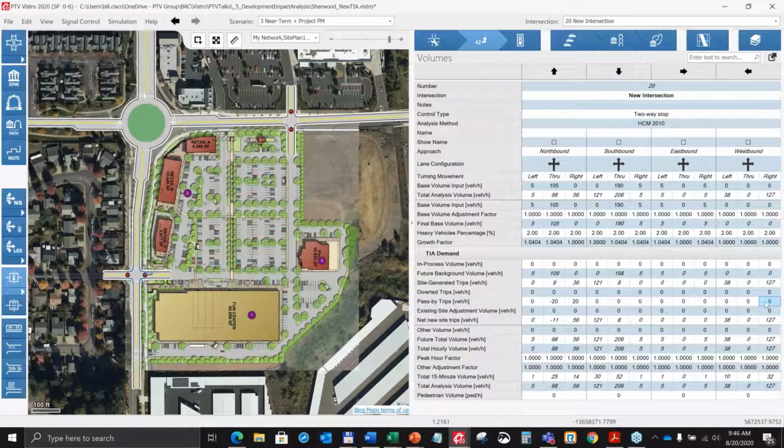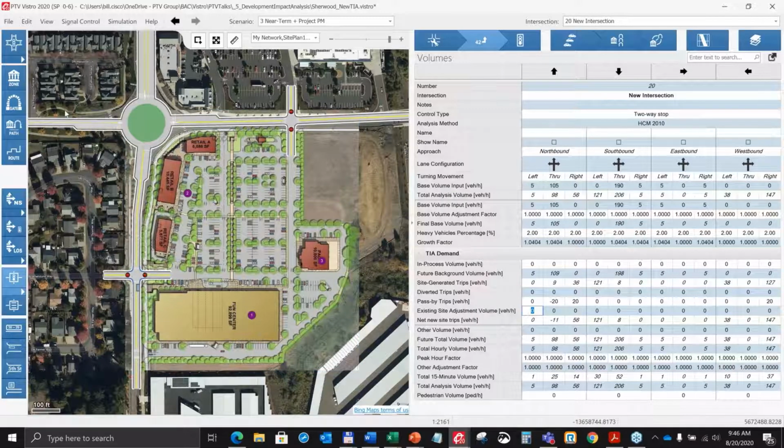westbound right would get 20 trips, because general assumption is that all those trips happen in the same hour. And then it comes in and it pulls from the through, comes in, comes back out and adds to the through. So if you took a little count south of the site driveway, or north of it, the background traffic would be the same. You were just intermediately pulling them in to utilize the drive-through and then going back out. So that's how we handle pass-by trips, and you only do that adjustment at the driveway, because everywhere else, by